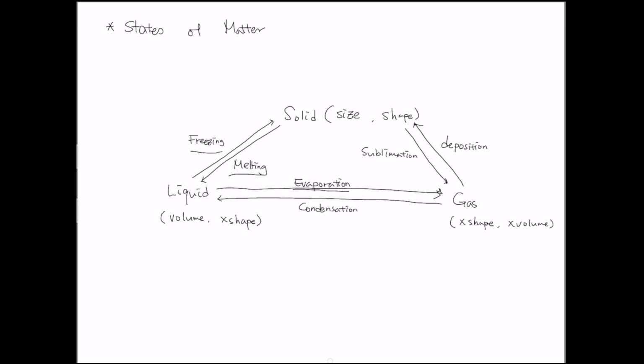All right, so these are the 3 states of matter that we're going to talk about. As I mentioned before, we can change solid to liquid to gas by changing the temperature and pressure, and we are going to talk about that as well. Let's get into matter a little bit more. Matter can be divided into 2 types: mixture and pure substance.